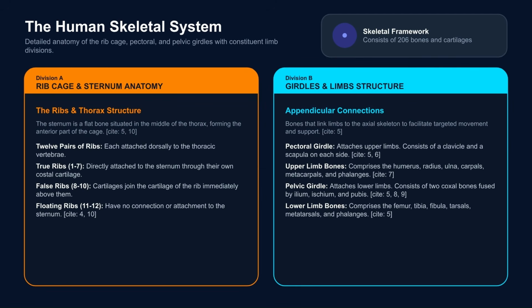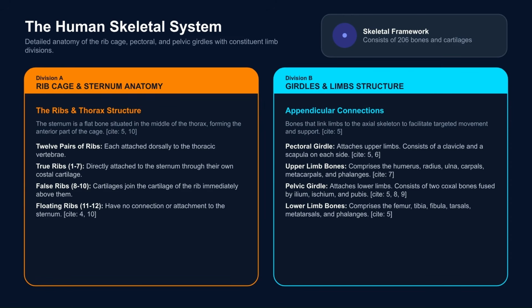The rib cage is formed by the thoracic vertebrae, ribs, and sternum, and protects the heart and lungs. There are 12 pairs of ribs, each attached dorsally to the thoracic vertebrae. The first 7 pairs of ribs are true ribs because they are directly attached to the sternum through their own costal cartilage. The 8th, 9th, and 10th pairs of ribs are false ribs because their cartilages join the cartilage of the rib above. The 11th and 12th pairs of ribs are floating ribs because they are not connected to the